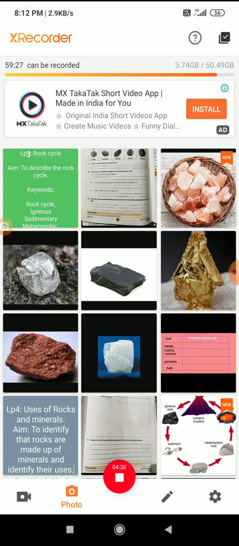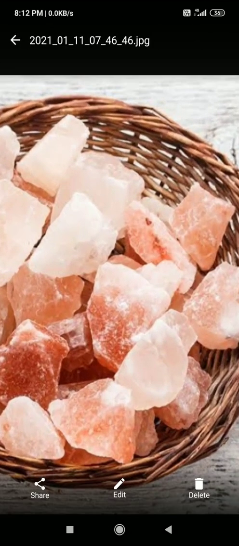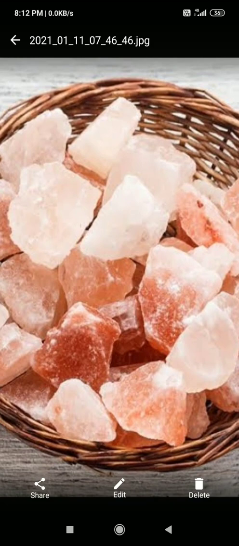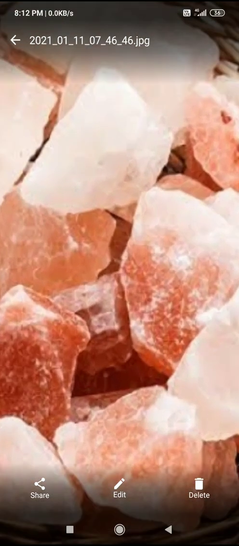And rock salt, do you know? Have you seen it like this? Curry uppu, in black salt, right? Rock salt means solid salt will be there. Another one is black salt also. Okay, which is used for the digestion process. It is good for health also. So this is the rock salt.